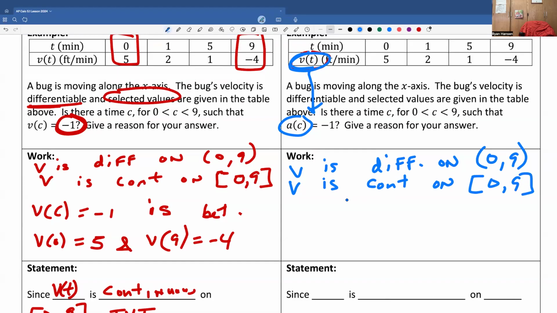Okay. So basically, what does the MVT say? Based on these preconditions, at some point on that interval, the average rate of change has to be